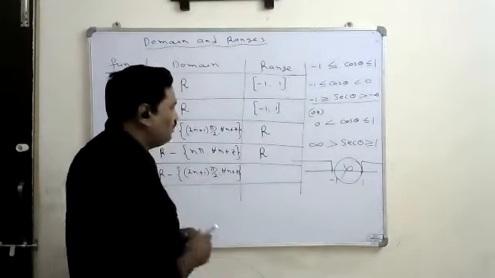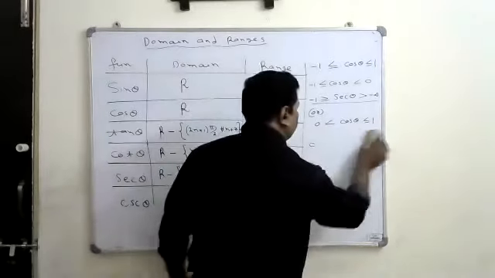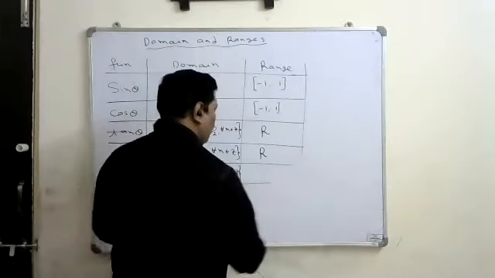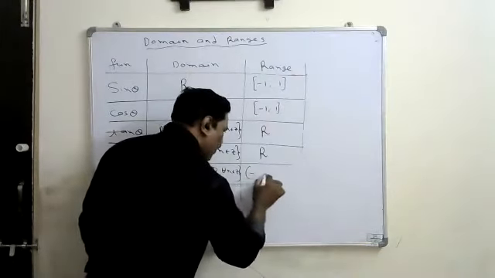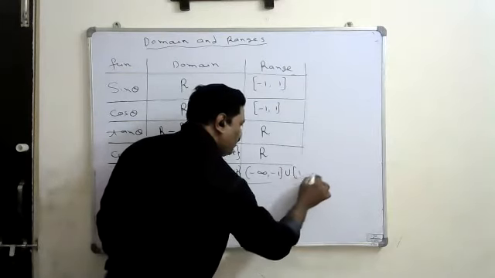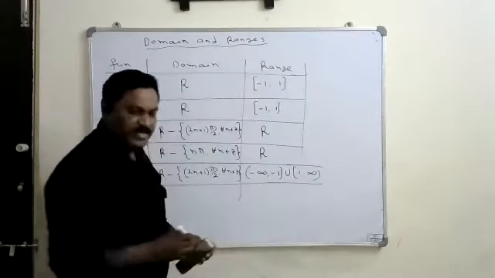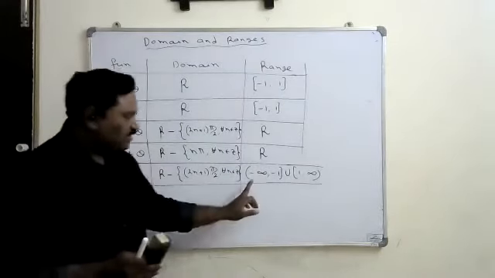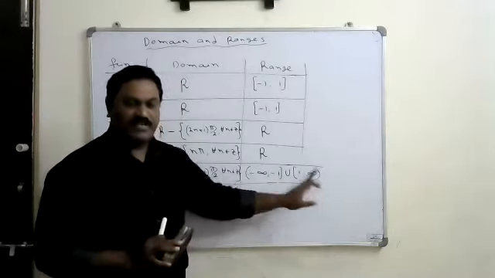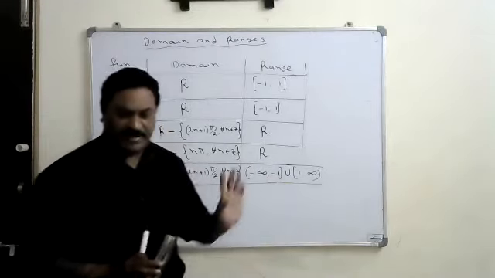That's why the range of secant theta is like this. The range of secant theta is -infinity to -1 closed bracket, or 1 to infinity. This is the range of secant theta. Remember that. So secant will give the value between -infinity up to -1, and -1 also it may give, or 1 to infinity. It never gives a value in between -1 and 1.